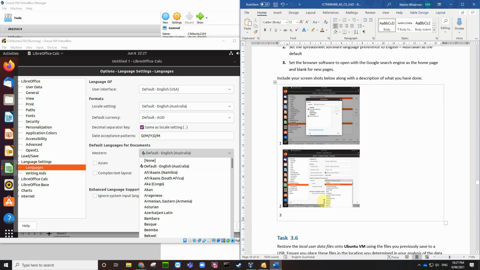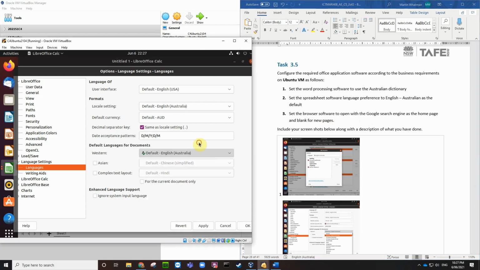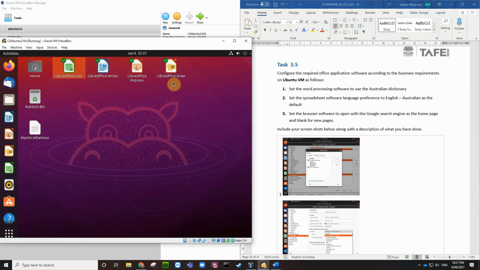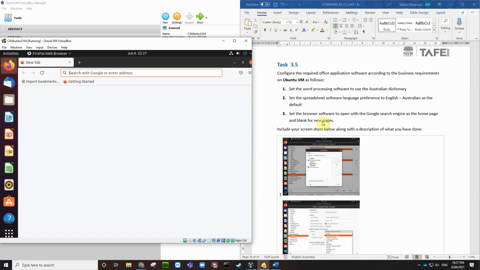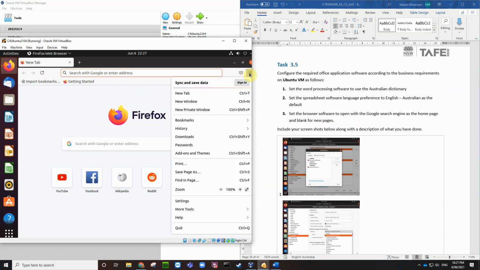And then we go to number 3, which is set the browser software to open Google search engine as the home page and a blank for all new pages. Okay. So let's cancel out of that. The browser software, so it doesn't specify which browser, just says one of them. We've got Firefox here. So if I go to the menu and have a look at the settings,